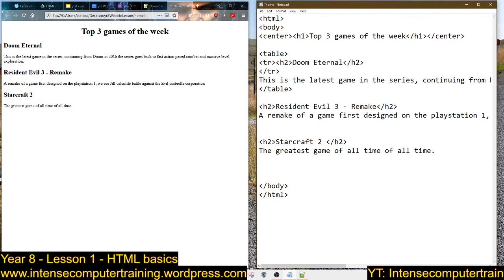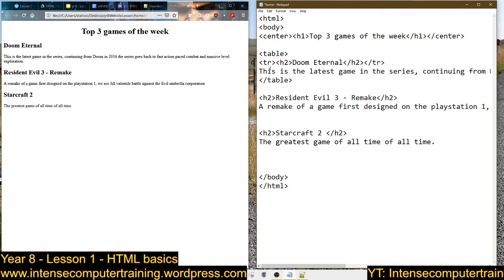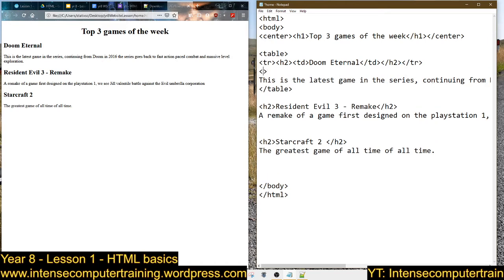Now what I normally do is I do that table row, H2, end table row, and then what we have to do in a table is specify this as our table data. So TD, end TD. Now notice where the tags are coming in. Start the table data here, table data ends here. Start the H2, that's going to be H2. This is going to be a new table row, and then the table row is going to end here. And then I want to do another new table row for this bit,